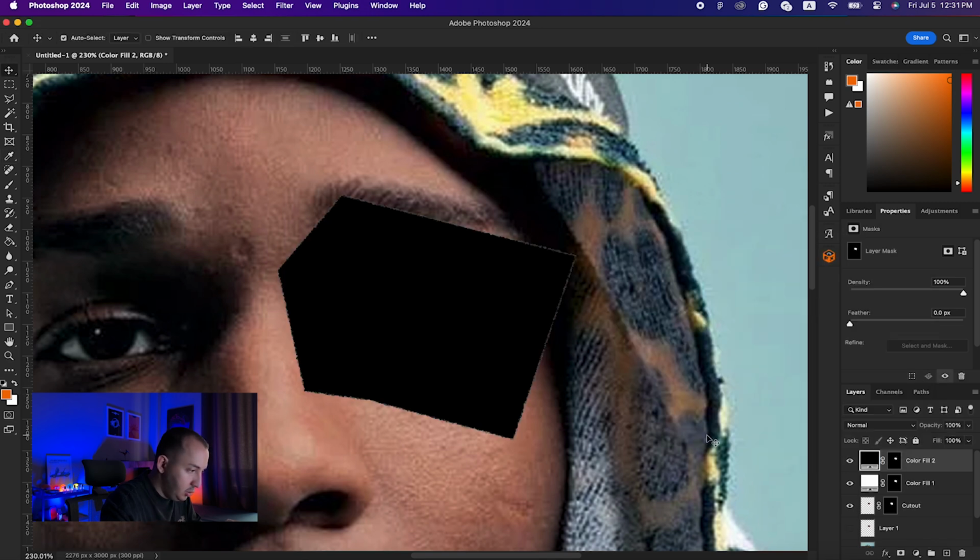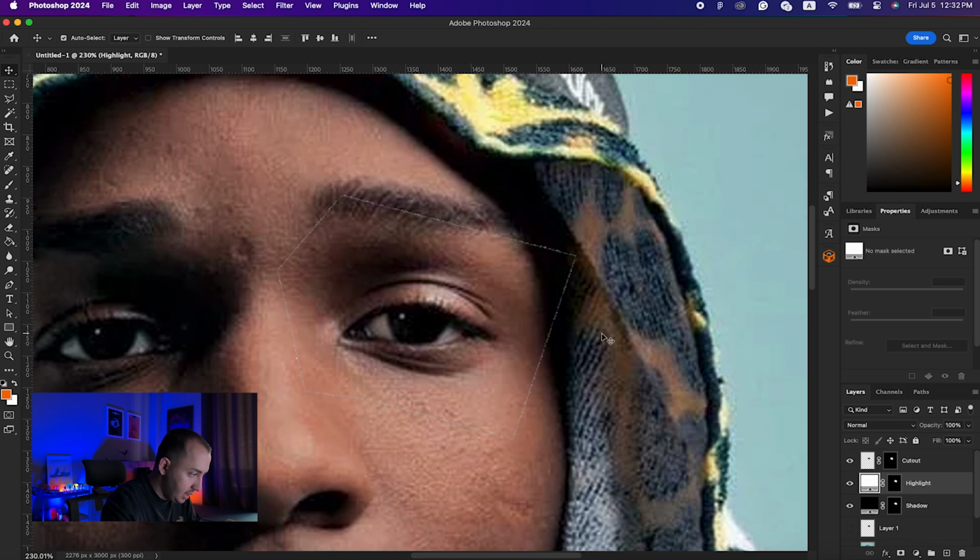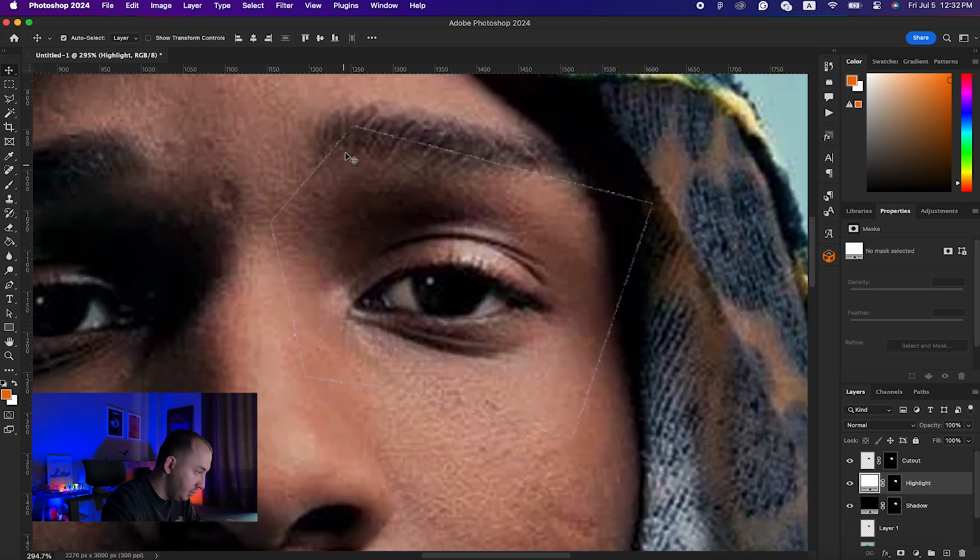Now what you need to do is that our black one is going to be our shadows, and the white is actually the part of the paper that is visible when you cut it. So I'm just gonna change the name of this to shadow, and this one I believe maybe highlights is a good name for it. So this is our cutout effect, this is our shadow and highlight. I'm going to bring down the shadow and bring down the highlights. So now as you can see, we're having a little bit of that effect,